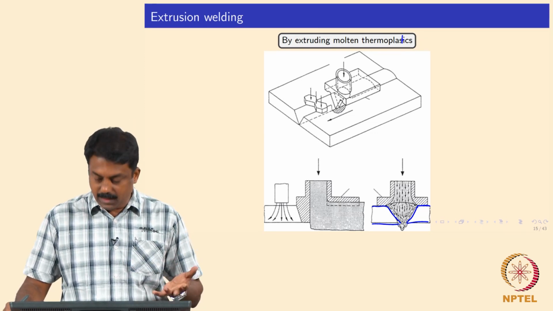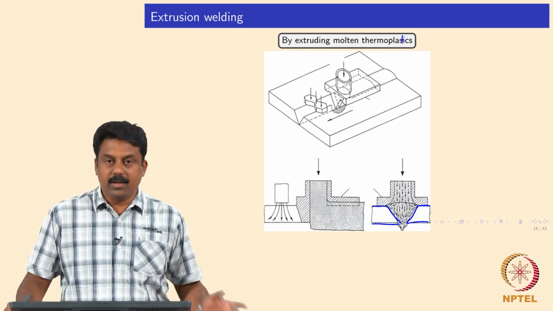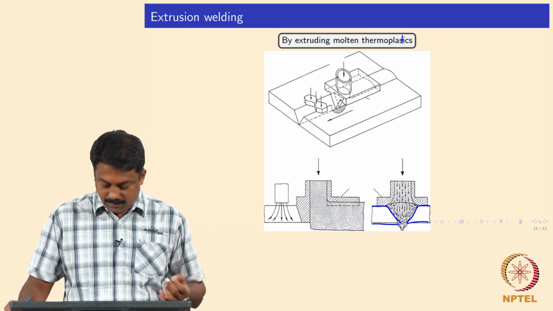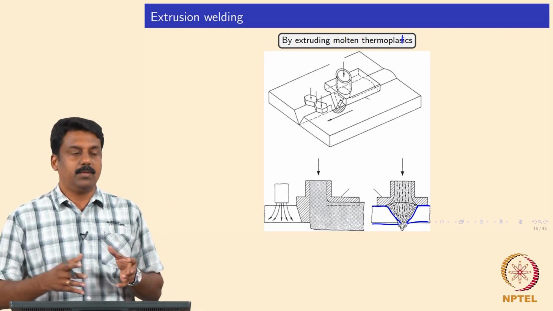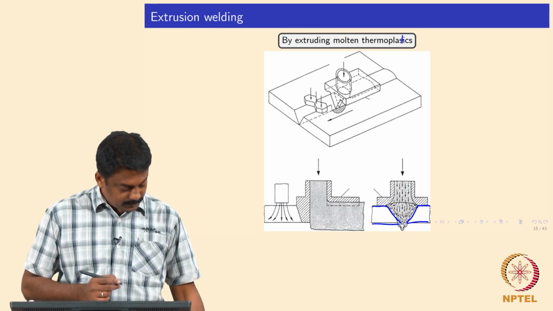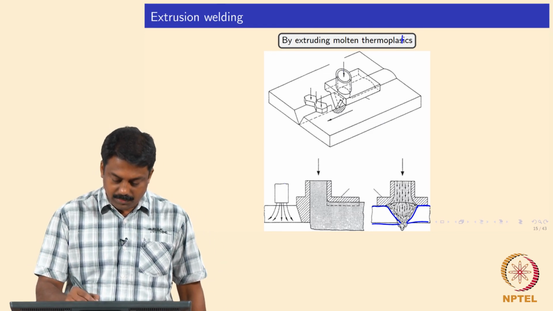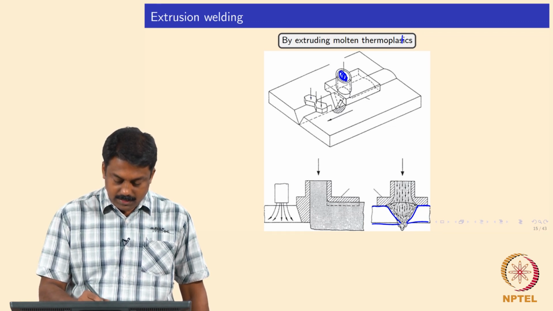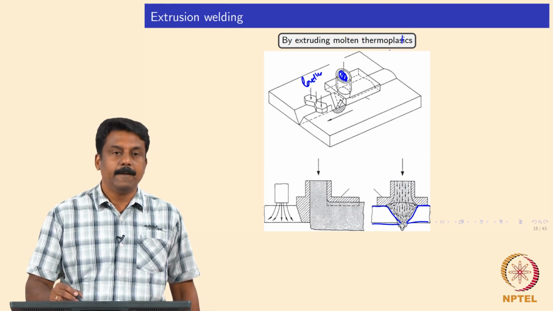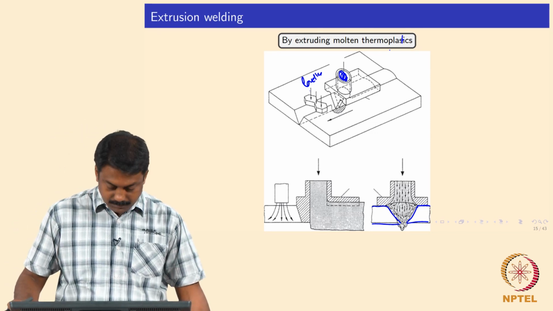Okay, so even dissimilar filler can generally be used for welding plastics, and you can also use similar fillers. In this case, if it is polyethylene, you have a polyethylene extruder, and this extrudes and then fills the weld cavity, right. So we can also use a nozzle with simple extrusion tools. For example, you fill the filler, and it is extruded and placed, and this is the leveler, which levels the top surface, and then subsequently the entire thing can be moved either this way or this way. Good.